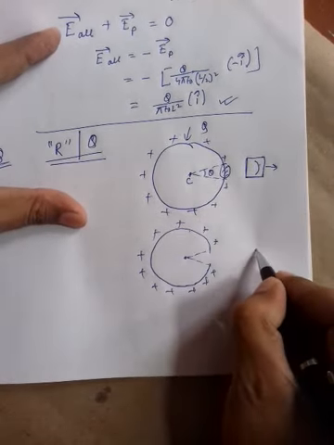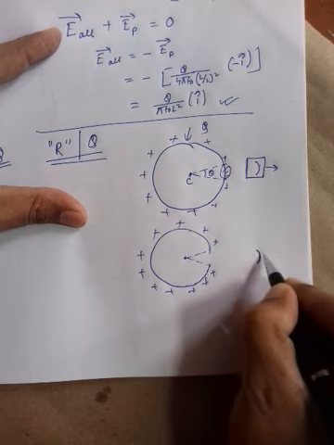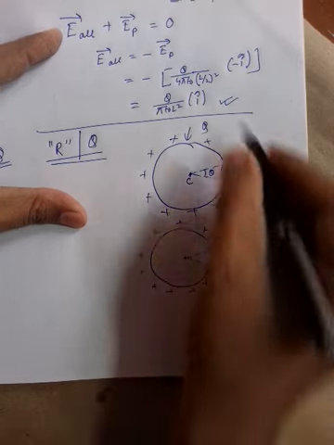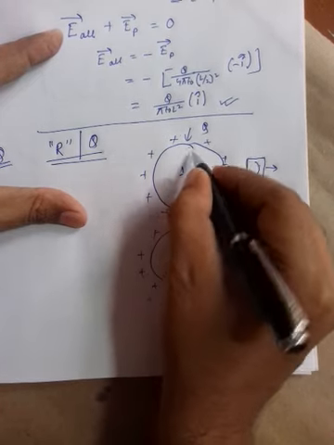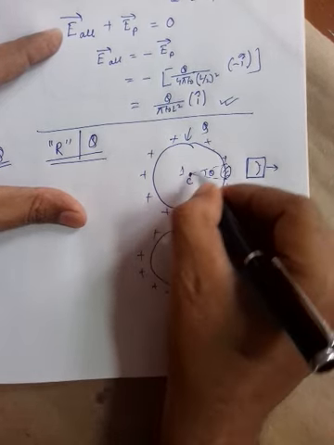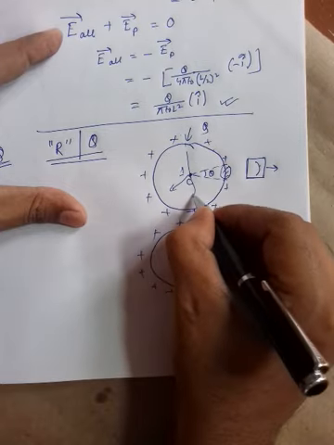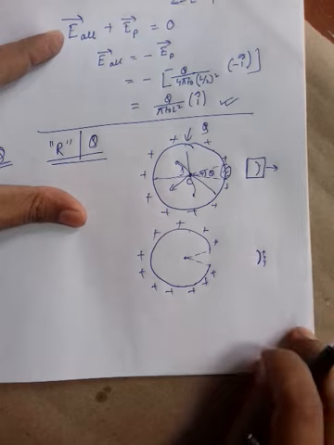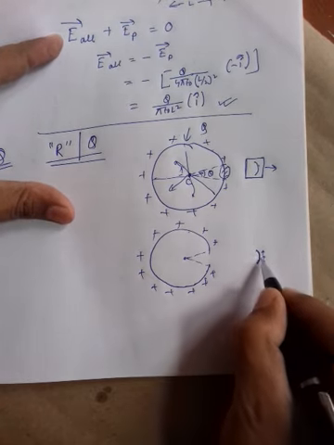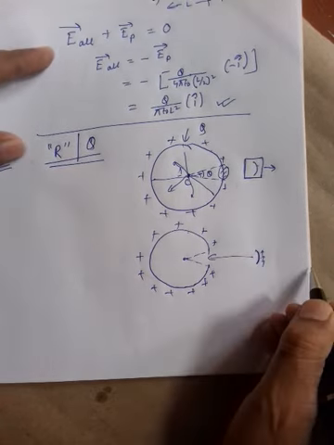Just assume this portion is also present. If everything is present, this point C is getting field from all sides. It is getting field because of this portion in this side, because of this portion in this side, because of this portion in this side, because of this portion in this side. So in total after cancellation, 0. So if you consider this portion fitted here, in that case the total field will be 0.